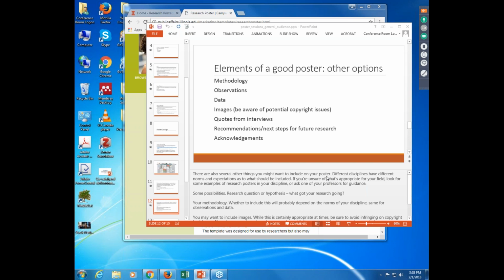It might be important to highlight this. And this is, again, where knowing your audience could be useful. You might include observations, depending, again, on the nature of your work, or data, visualized, presumably in some format.